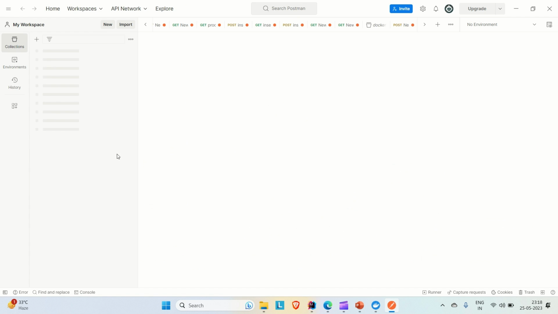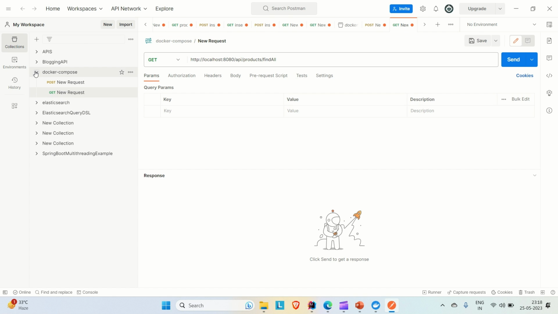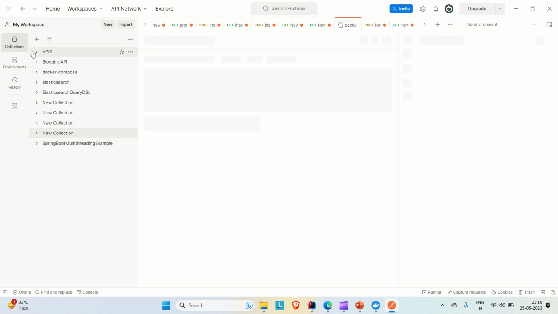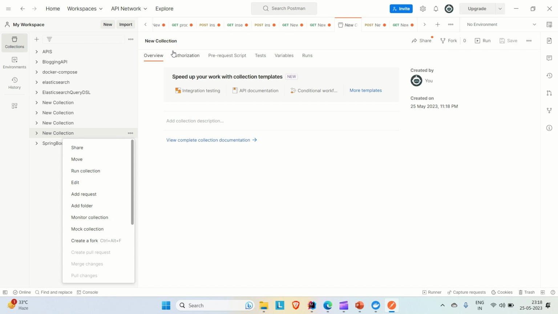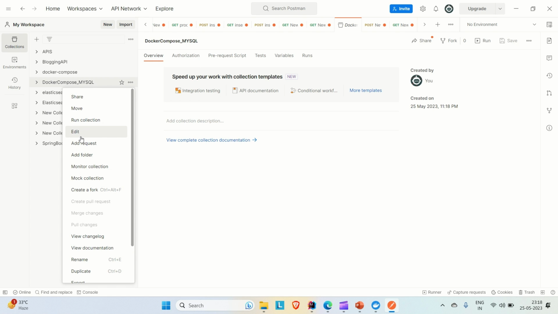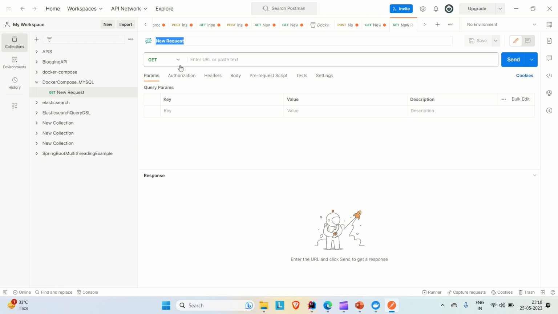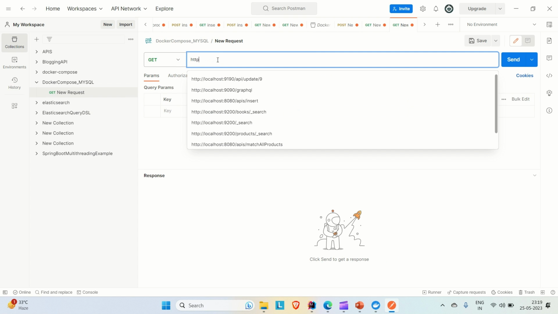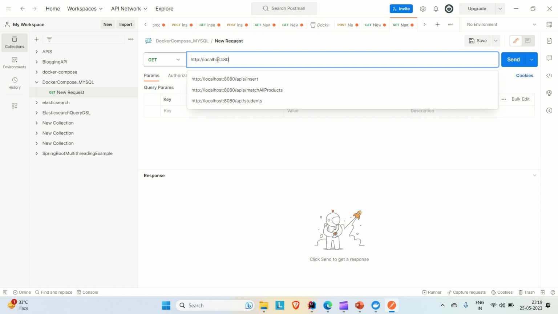It is up, and here you can see, let me create one new collection, and let's say its name is Docker Compose MySQL. Now if we go to it, just add a request here. The first request I'm going to add is the GET one, and what would be our URL? Our application is up locally on port number 8080, so it is http://localhost:8080, and